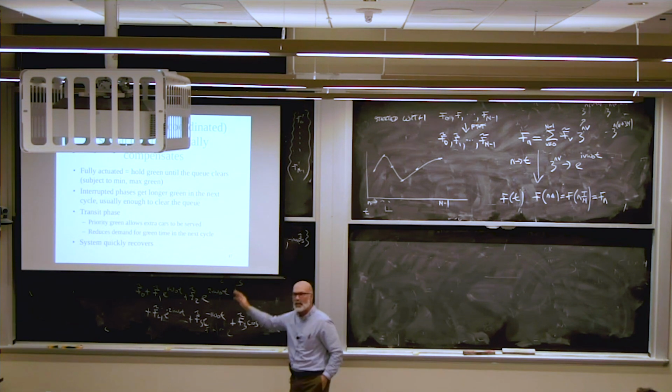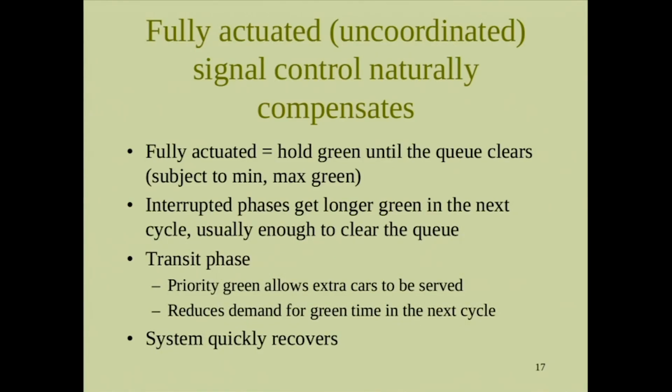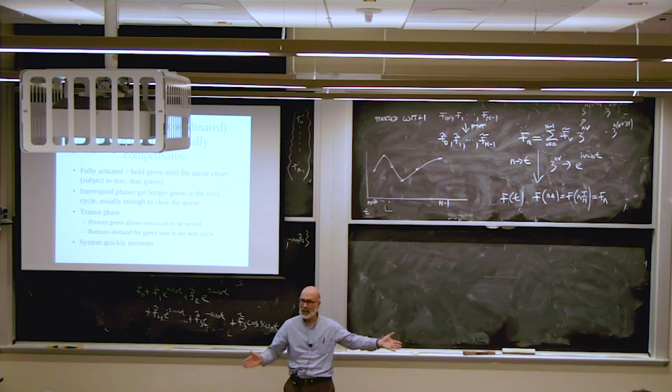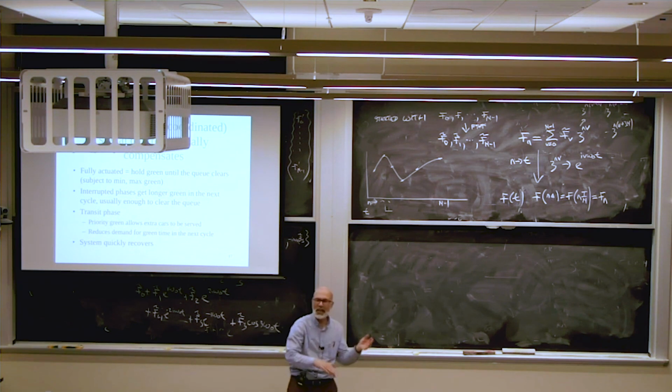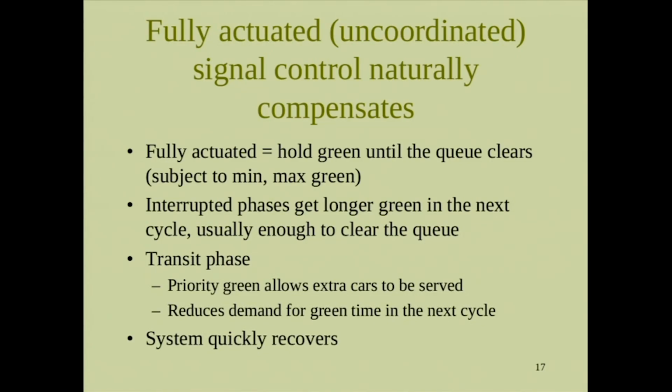All right, so with fully actuated control, I've got detectors, and based on those detectors, I will know how many seconds it has been since a car passed through, the gap. And once the gap reaches a certain threshold, 2.5 seconds, 3 seconds, then you have gapped out. Boom, your turn is over, and it's the next one's turn. So there's no fixed cycle length. If traffic volume is light, we serve you, we serve the next, we serve the next, and now we're back. If traffic is heavy, it might take 90 seconds to cycle around. But it's completely flexible like that.